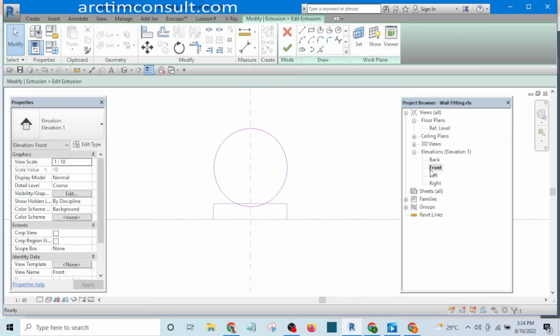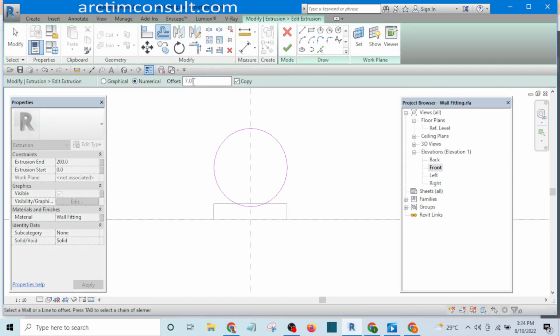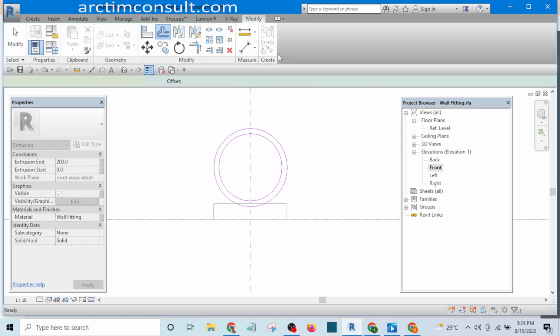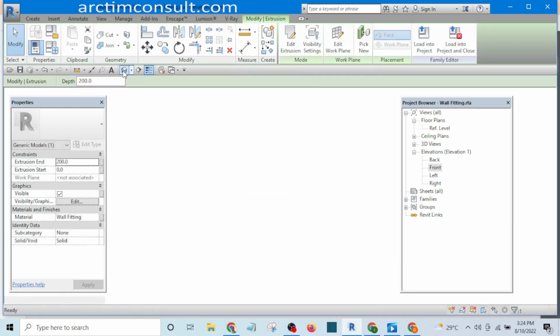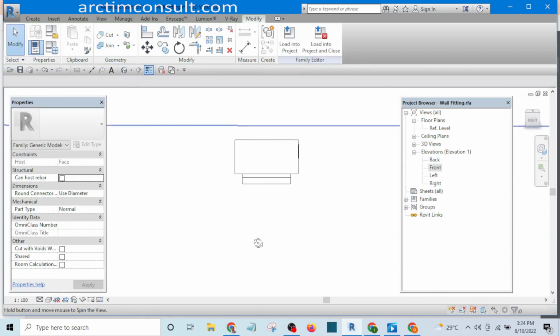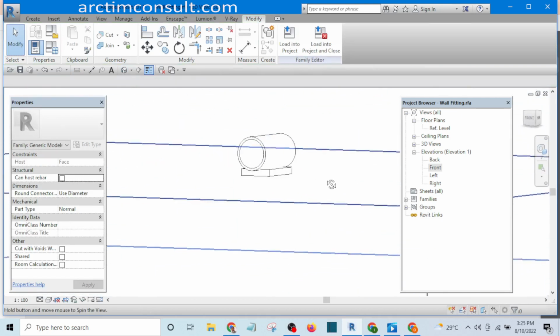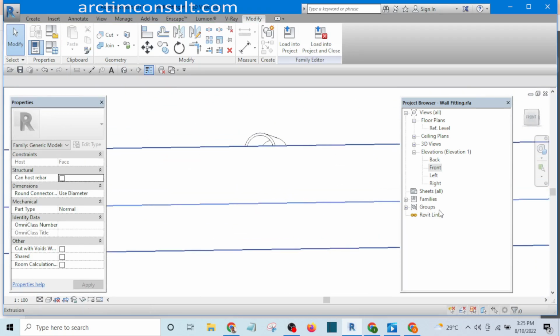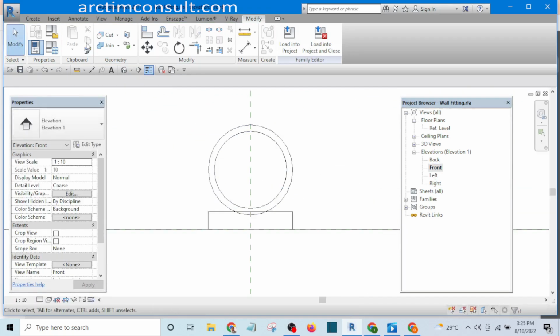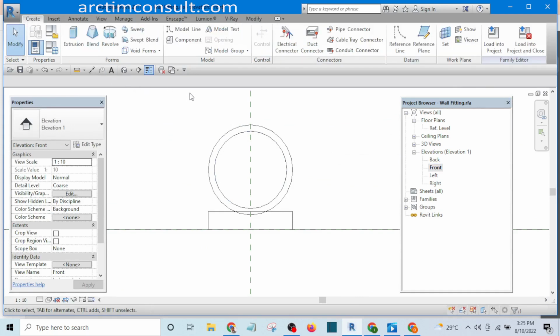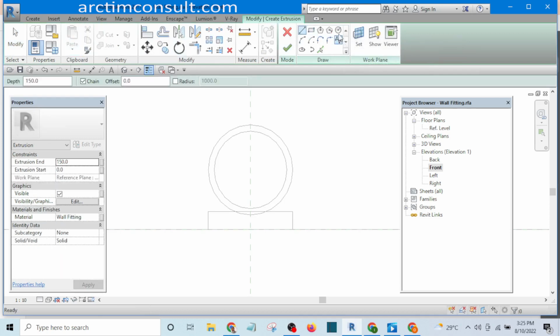Then I'm going to work on it further. I go to the plan view. I'm going to offset this to something like, okay, 7 mm. It's not bad. Okay, so that it will be a kind of cylinder. You see it in 3D, this is like a cylinder. And I go to the same front view, and I go to create. I select extrusion. Let me pick line this time around,